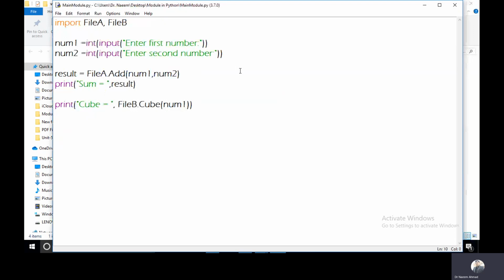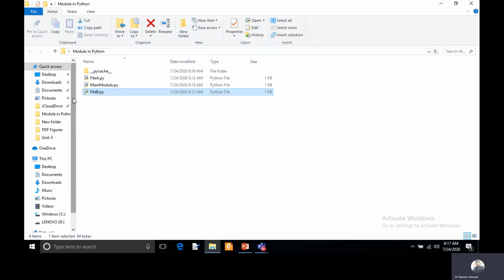It is very easy. And again I want to recall, whatever files you are creating here, these are modules. So this is the main module. These are the two modules, file A, file B, and we have seen how we are calling these modules in our main module.